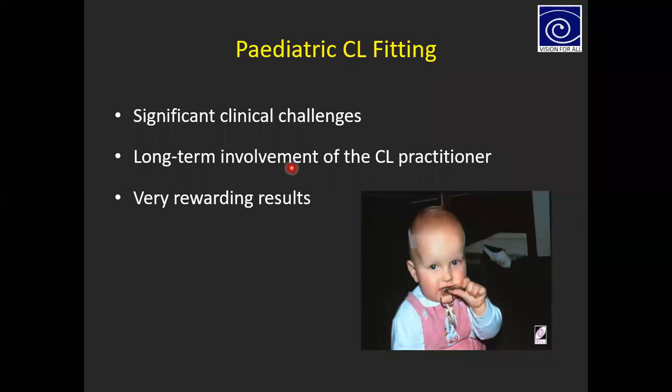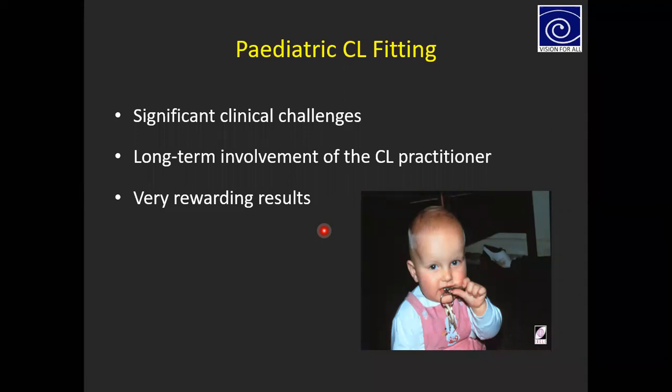And any pediatric contact lens fitting needs very long-term involvement of a contact lens practitioner with the parents of the children, especially because children's eyes grow, and the changes in the corneal curvature and the refractive power are very progressive. Every 3 months or 6 months the corneal power would change, and the refractive error would change.